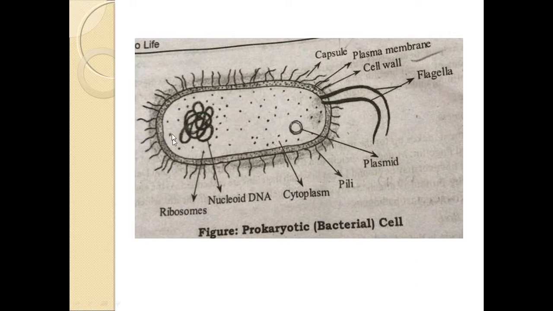So it lacks the membrane surrounding the nucleus. This is the nuclear DNA or the nucleus structure. Around the nuclear DNA, we don't find any layer or membrane. So prokaryotes lack the membrane bound nucleus,